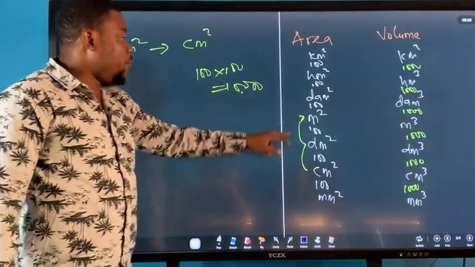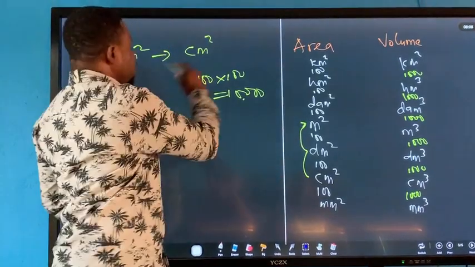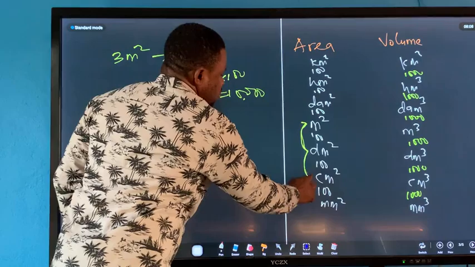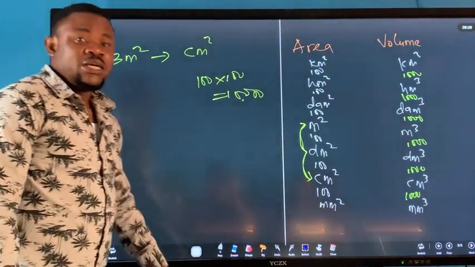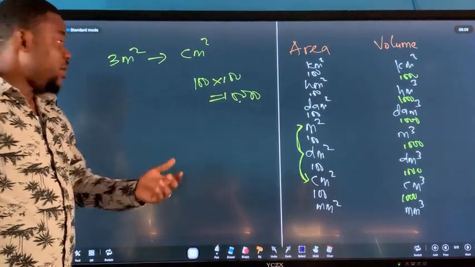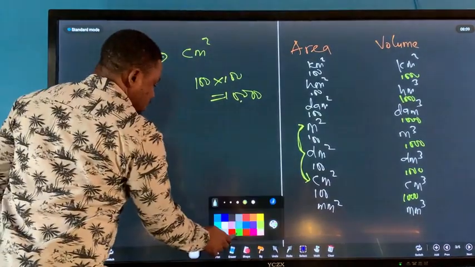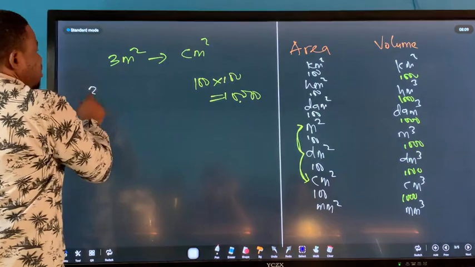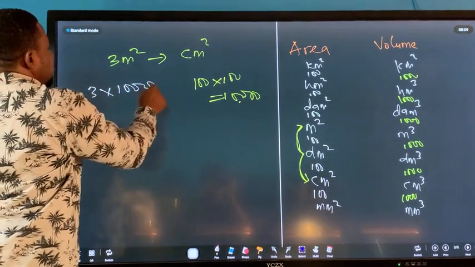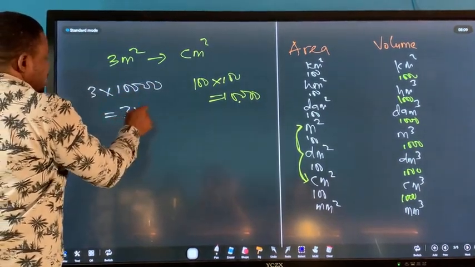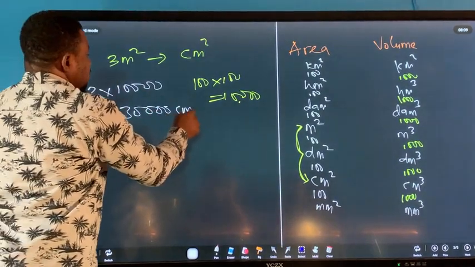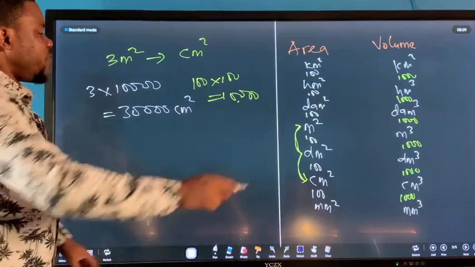So my conversion factor from meters, sorry, to centimeters. So I'm going down, right? And if I'm going down, what do I do? I multiply. So I'm going to have my answer to become 3 times 10,000, which is 30,000 centimeters squared. What if I was converting